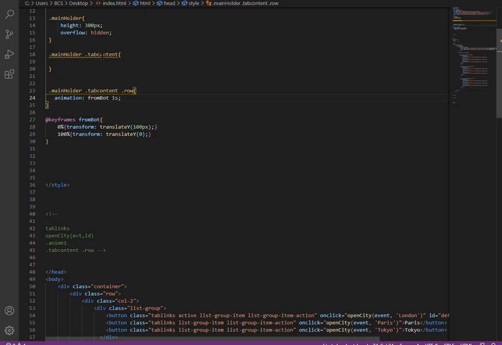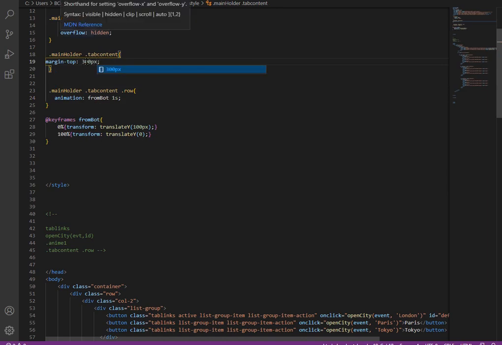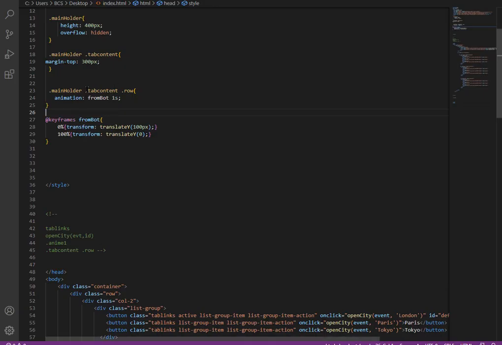And if you want, you can give the margin between the tab content as 300 pixels, and now you can give the height as 400. We'll give bottom.